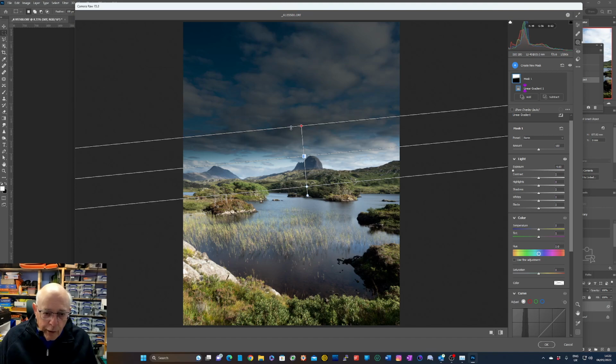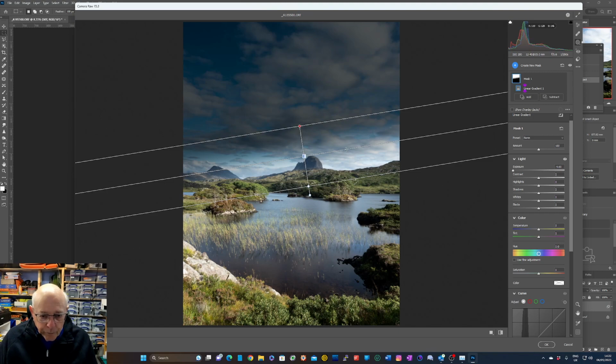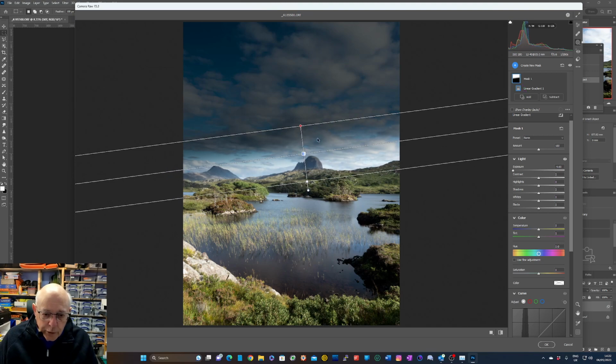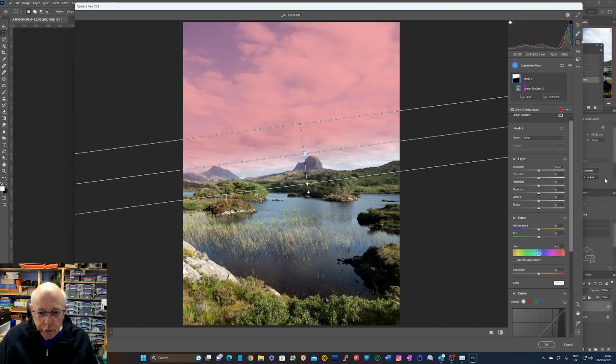The top bar represents the point at which the filter has full effect, and the middle bar is in between, and you can use the middle bar to actually twist it either way if you want to, because this one, you can see I've put it down at a bit of an angle. That's because this landscape's at a bit of an angle, so it seems appropriate to do it that way. And we can fiddle about and tweak as to where we want it to come in and where we don't. So if I double click to put the exposure back where it was,